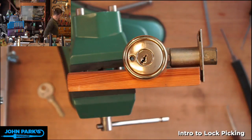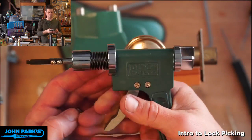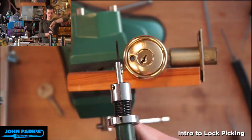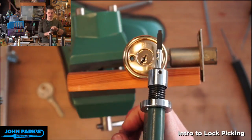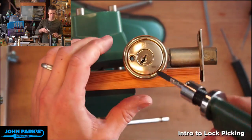So where is that cool tool? Here it is. I forget what these are even called. Plug spinner. There's a plug spinner. You can see it's this little spring-loaded thing that rotates rapidly. So I want to turn to the left, so I'm going to cock this thing about a turn and a half to the right,